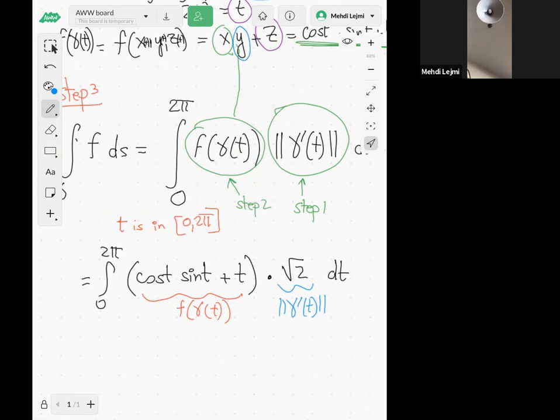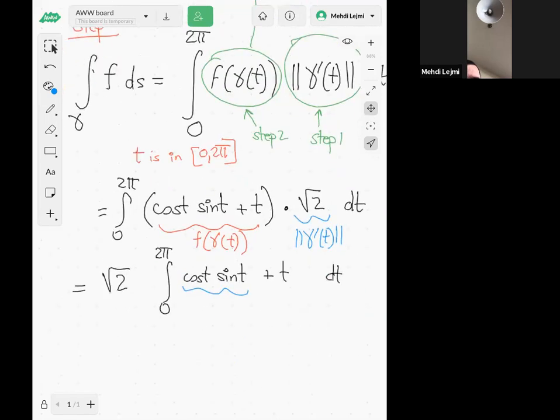So that will be equal to, first we have to integrate. I mean, we can, of course, put the square root of 2 outside the integral. It's just a constant. So from 0 to pi, cosine t sine t plus t dt. First, you can integrate this cosine of t sine of t. You can use a substitution if you want. Let's say, for example, u is equal to sine of t, or u is cosine of t. Anyway, the derivative of sine is cosine, so that would be